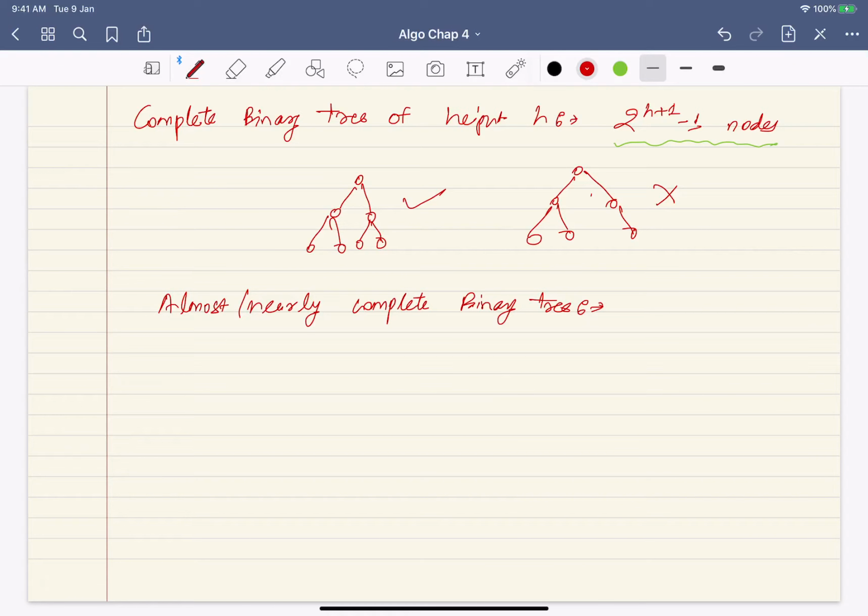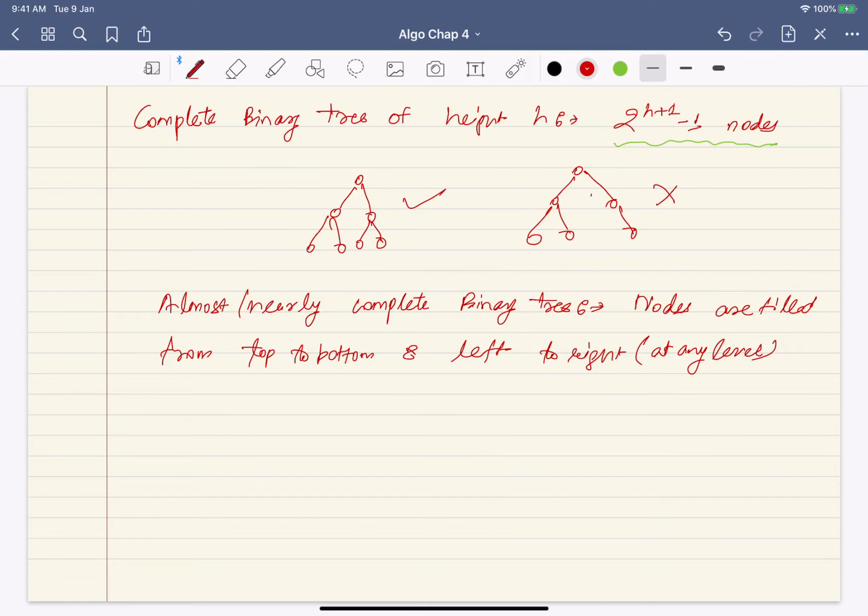So what is the idea? So here you can say simply nodes are filled from top to bottom and left to right. So at any level, nodes will be filled from left to right, with no gaps left.